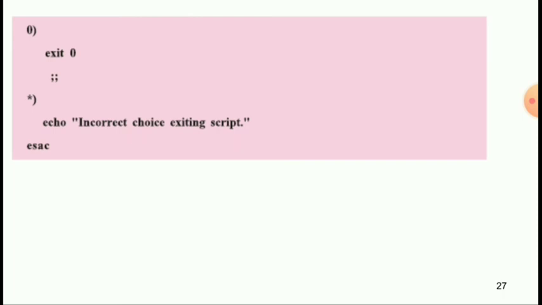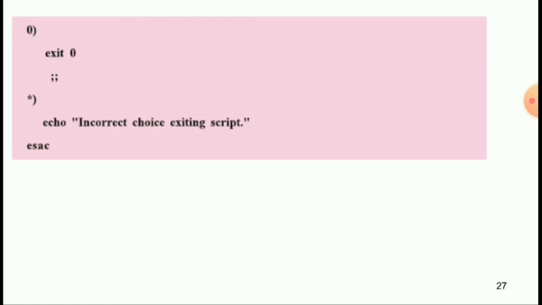When a user enters a numeric value between 0 and 5, it is assigned to the variable choice. The case statement extracts the value of the variable choice. The control is transferred to the section with a matching value specified before the closing round bracket. All the statements written within the section are executed till two semicolons are encountered.